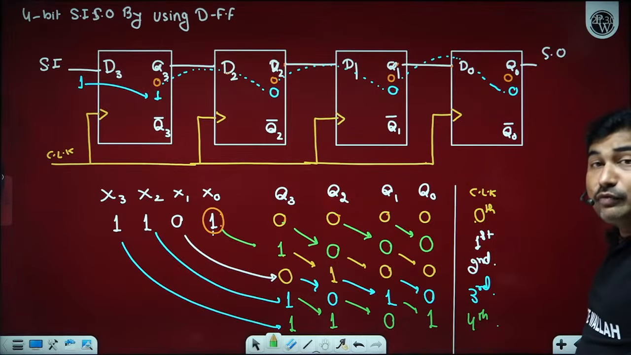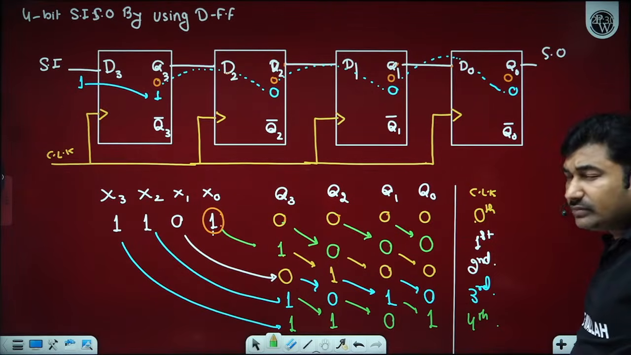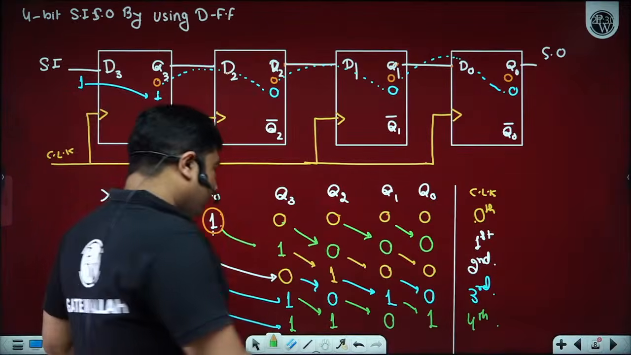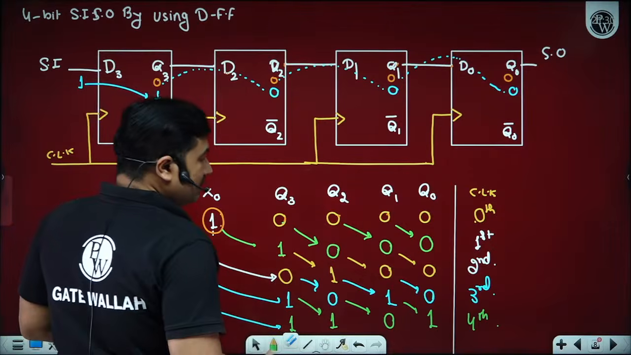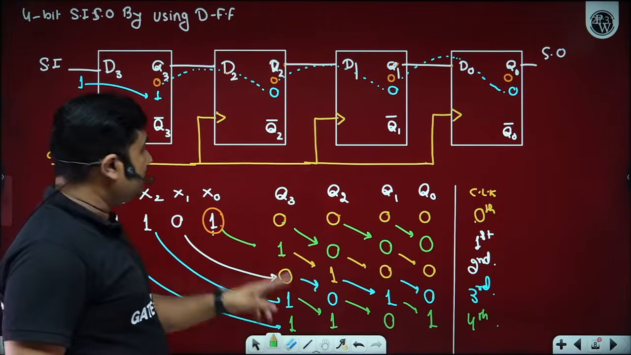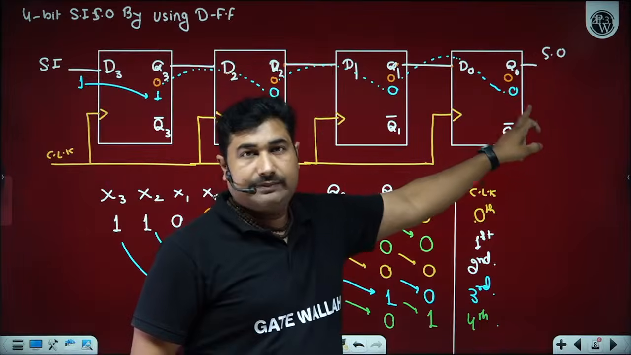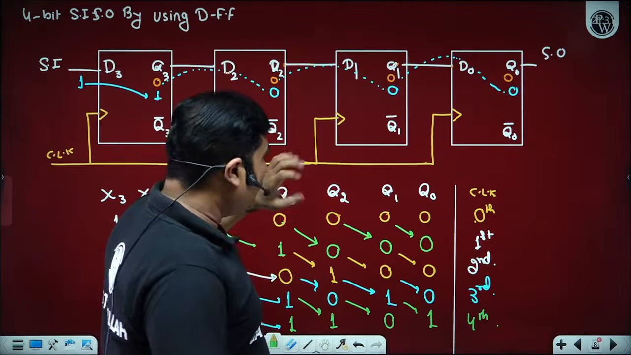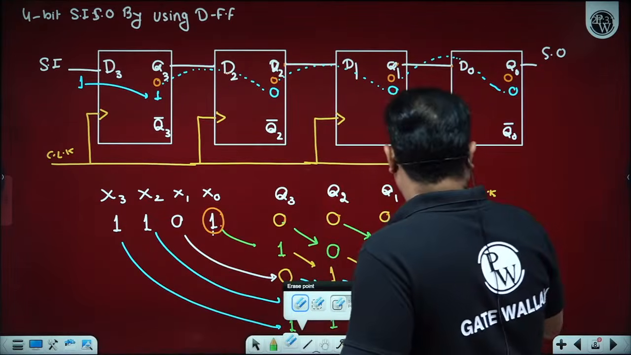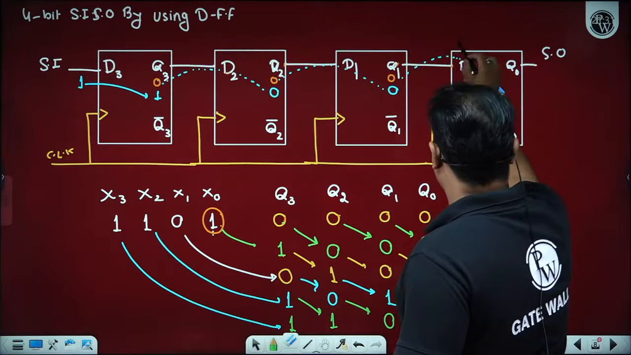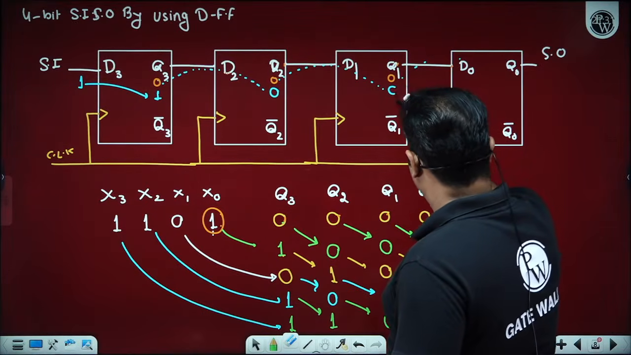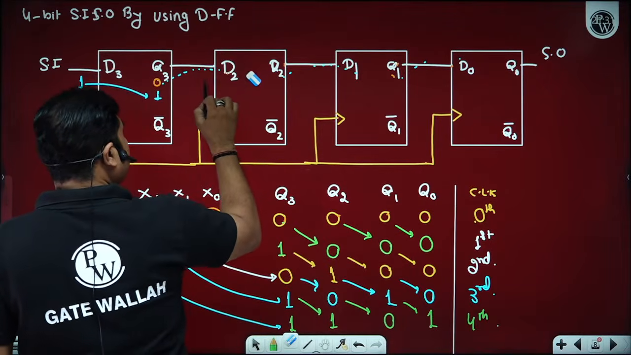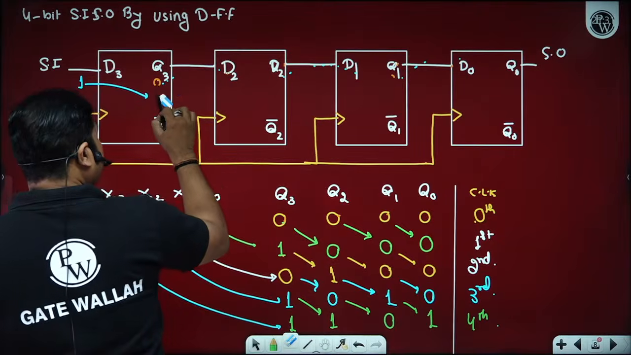Great, sir. Also, we have to retrieve the data. Can you tell me how many clock pulses are needed to retrieve the data? After the fourth clock pulse, what is the data available? Sir, the data available is 1 1 0 1. Is it okay? Yes, sir. So after 4 clock pulses, your register gets loaded with the data